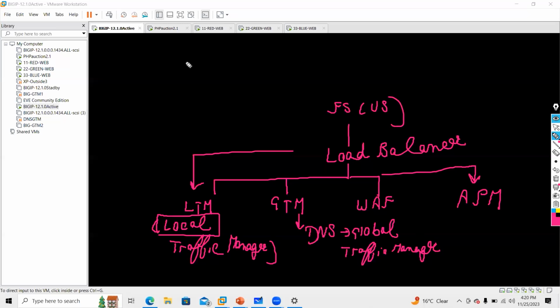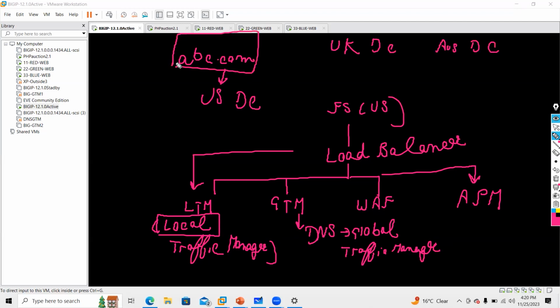Let's say you have a website that is deployed in a US data center and someone is coming from a UK data center or from an Australia data center. They want to access this application hosted in the US data center. In that case, there will be some latency.